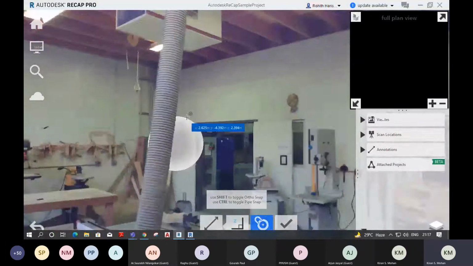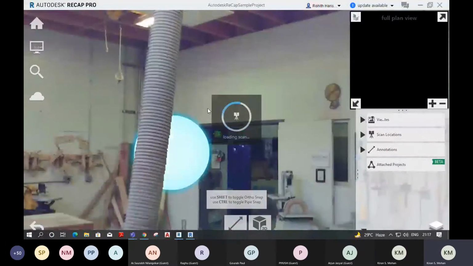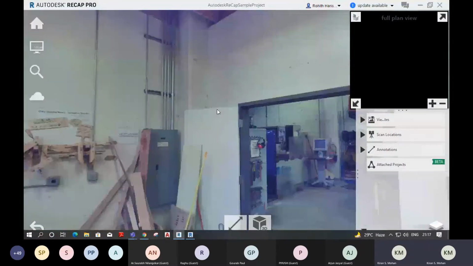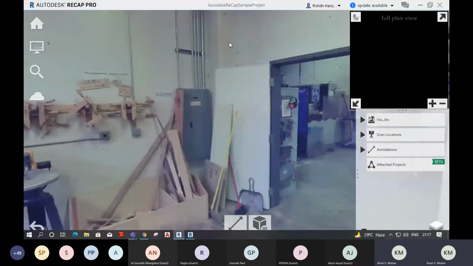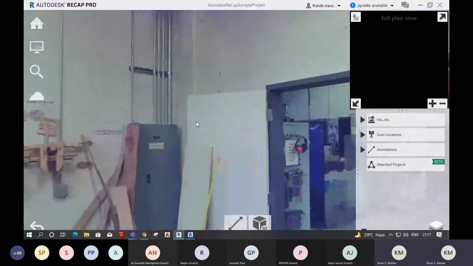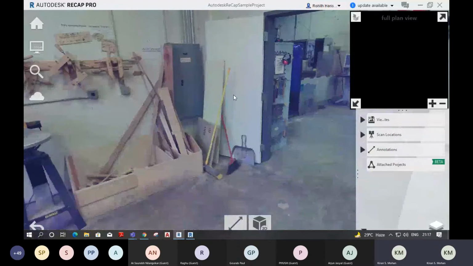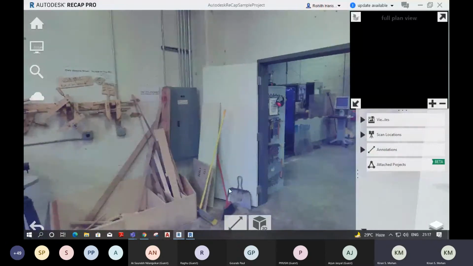Actually, from the middle of this column to the floor, we didn't get the data because we don't have the scan data from that location, because this door blocked that data. We have only the data from the top. So we have to go to the top of that element. So I'm using this section for that.